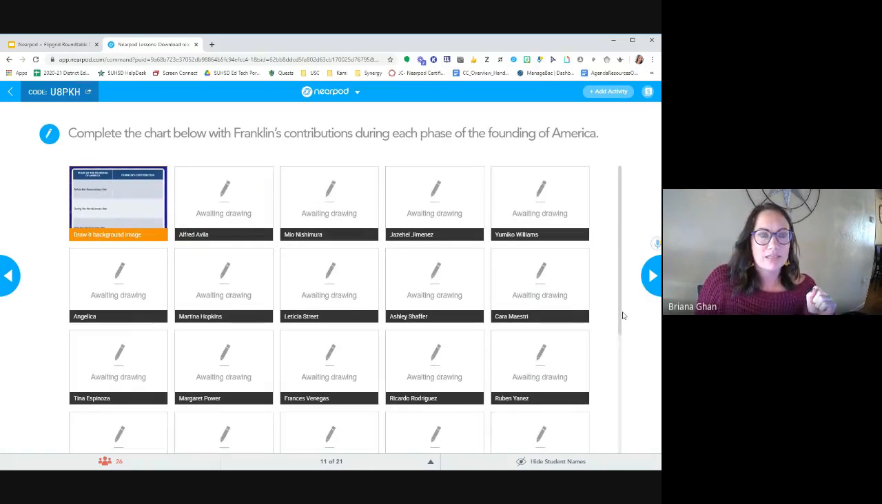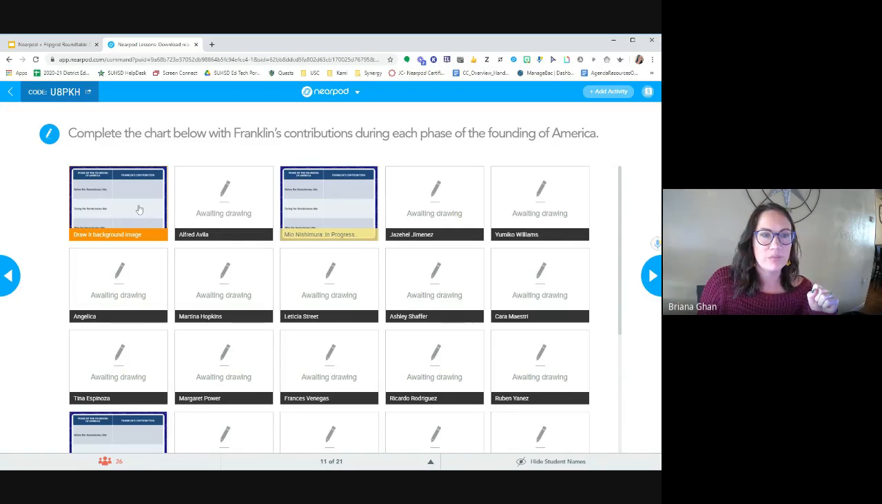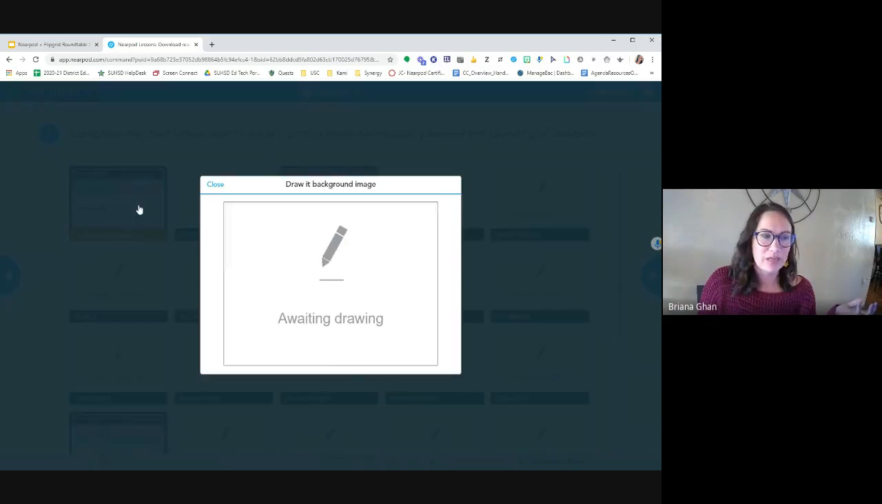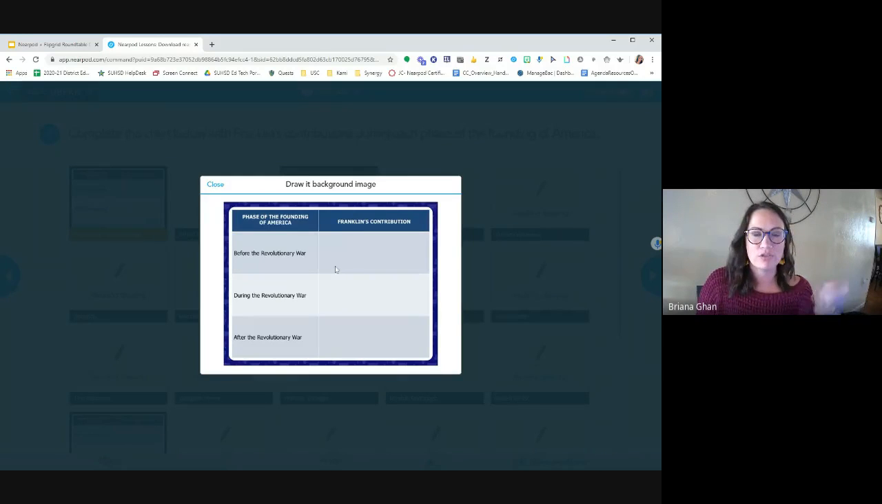So the next thing is a chart. In Nearpod you can create charts. So you can see that each student has their own chart with different questions, and this is called a Draw It. So students are able to draw what they believe the contributions were during each phase of the founding of America. Note that this Draw It goes along with that reading. I know that we didn't have time to go over the entire reading,